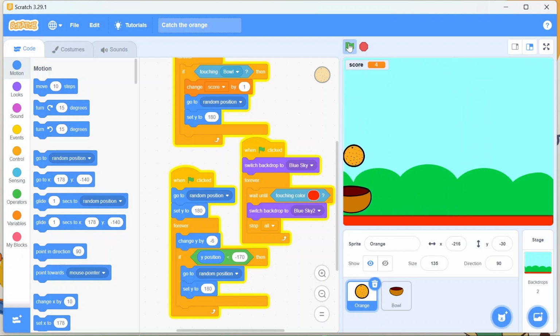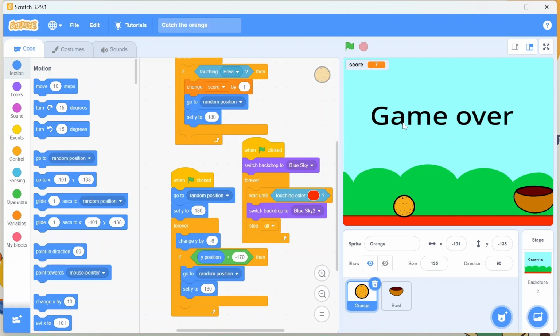So this is how you can make this game. We have done this, and now these oranges will keep increasing, and once they touch the red edge, the game over will be shown. So this is how you can create the game. This was a very simple game we created, although this was here to just make you familiar with all the code blocks. Now you know how to jump from one code block to another. Here we used motion blocks, looks blocks, then we even used events, controls, sensing, operators, right? And we can even add sound as well.